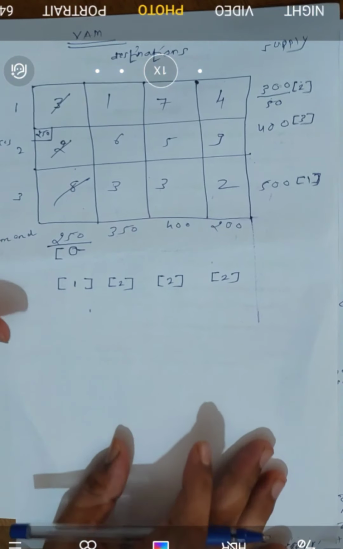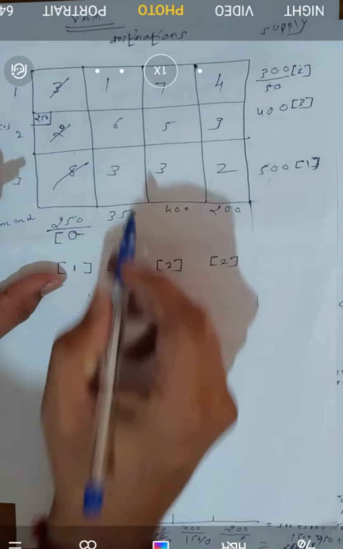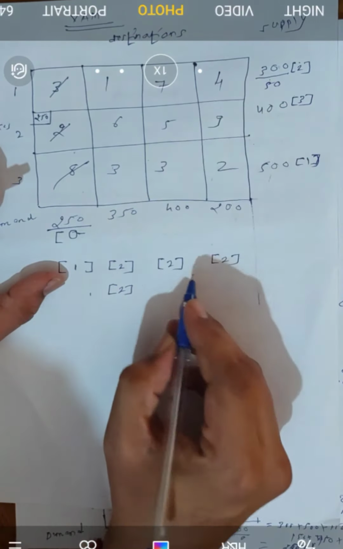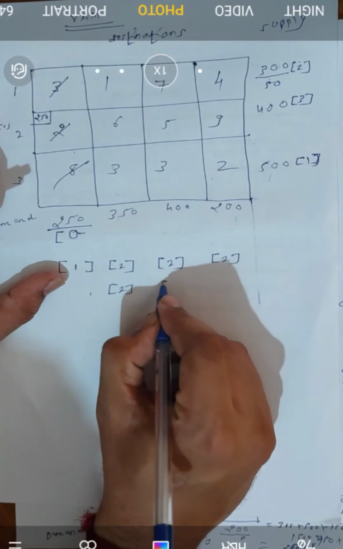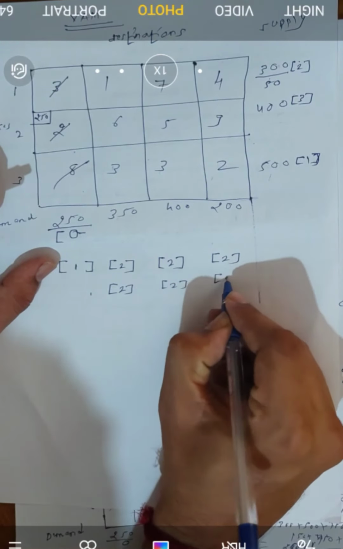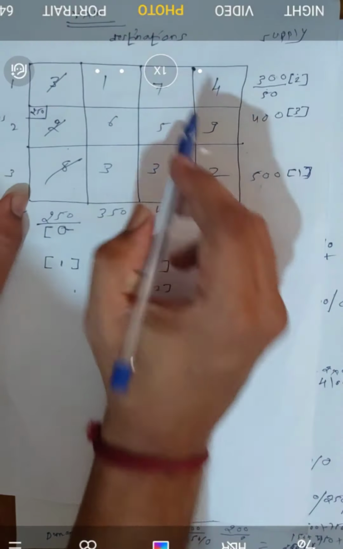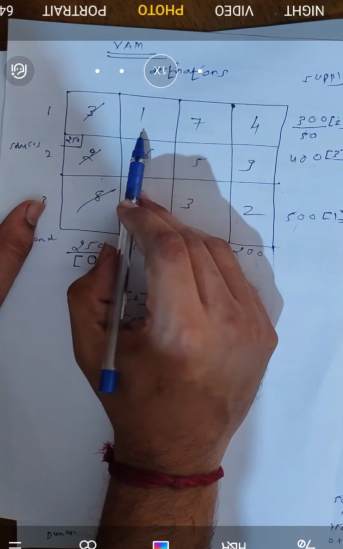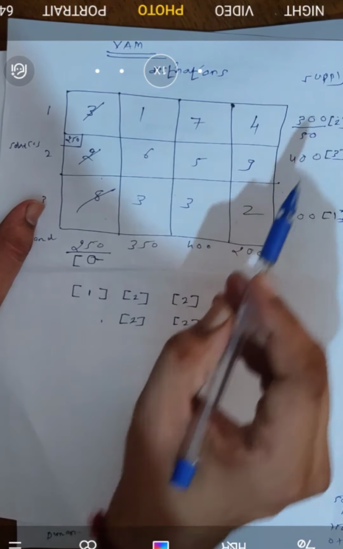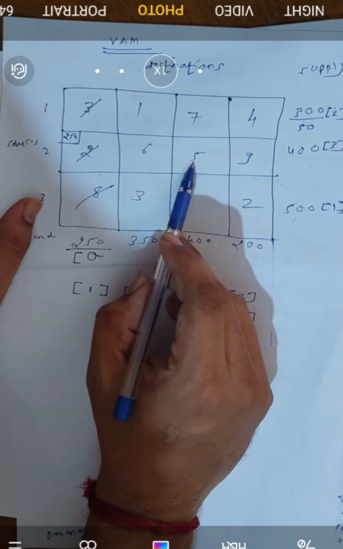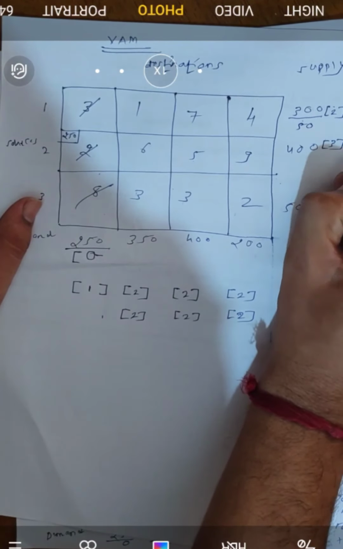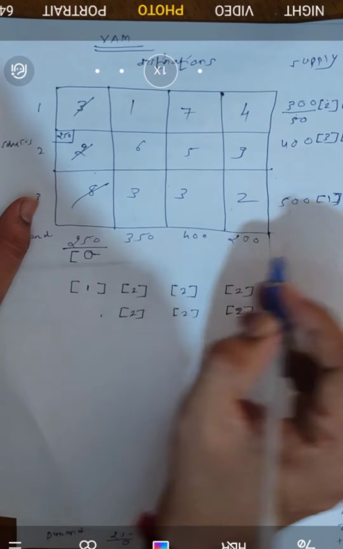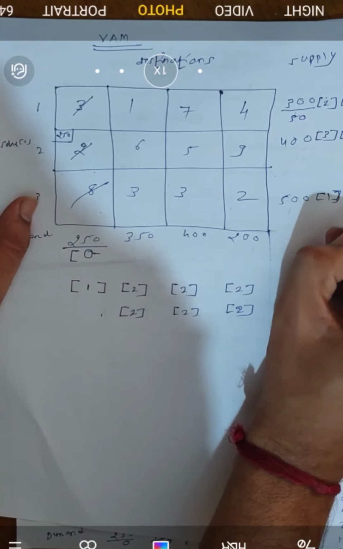Now again we have to apply same method for these remaining columns. Here also the least element is 2. Here also the least element is 5 minus 3, which will be 2. And here also 2. Now as far as rows are concerned, least element is 3 here. You can see here, first least element is 1, second one is 4. So 4 minus 1 will be 3. So here first least element is 5, second least element is 6. The difference is 1. So here first least element is 2, second least element is 3. So difference is 3 minus 2, which will be 1.